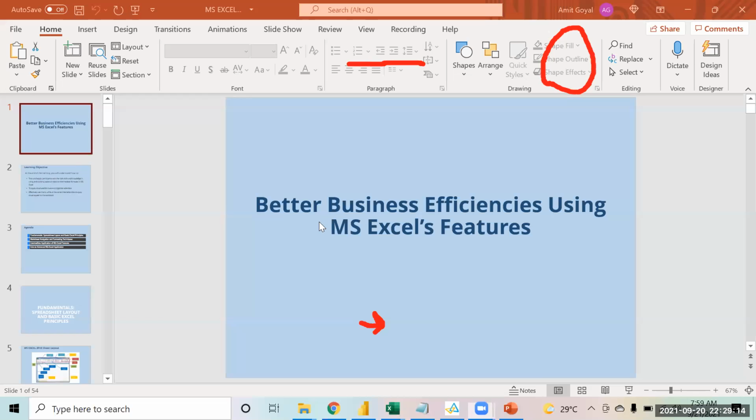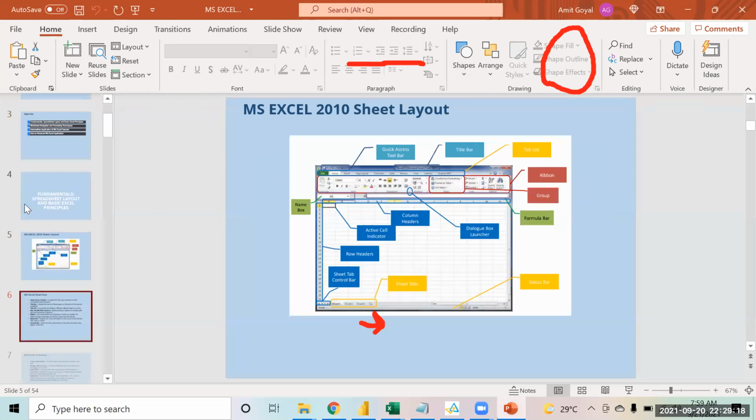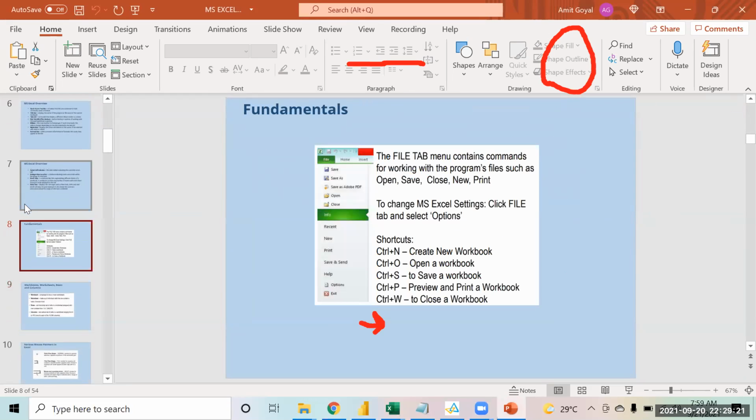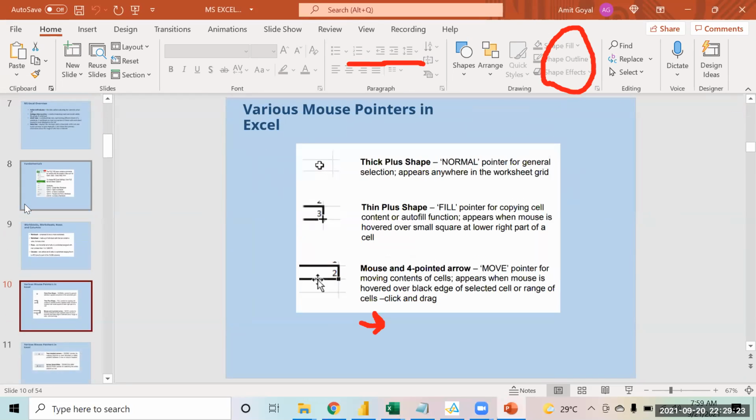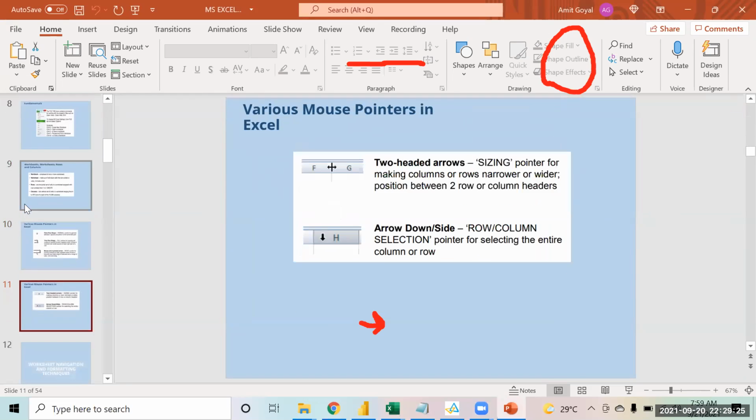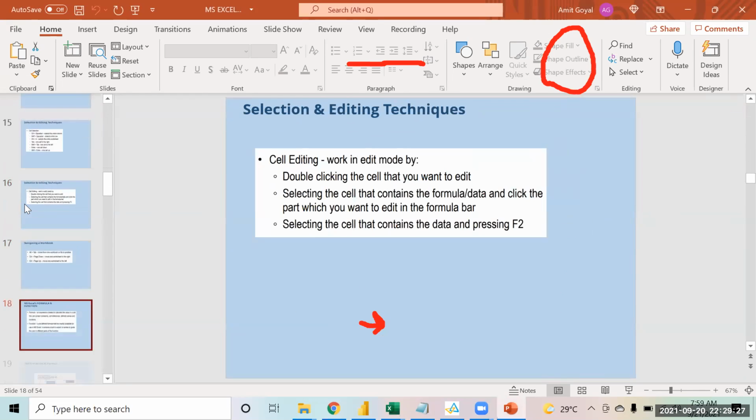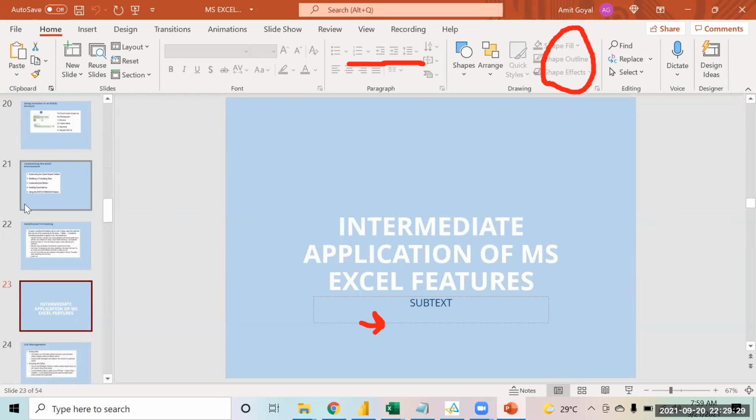Yeah, we can see that. So you can use this, right? It just has some basics, all the options that we were talking about, some shortcuts, rows, columns, all those things that we were talking about. So you will find the things related to that. You can just go through it, spend some time, 10-15 minutes only, and you will be able to go through it. Not a very verbose type of PowerPoint.